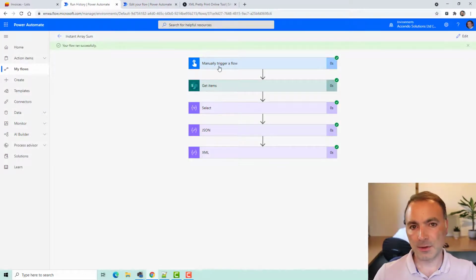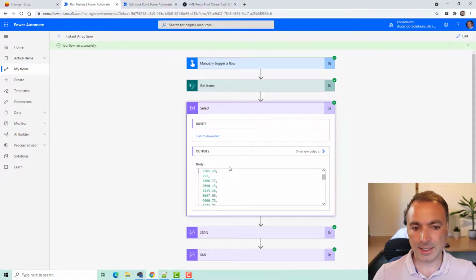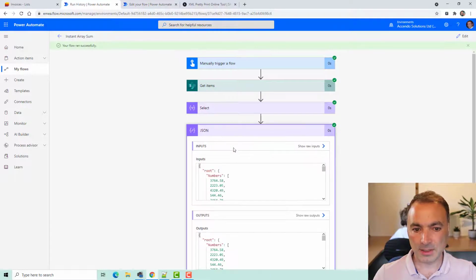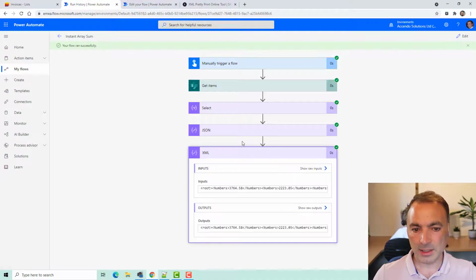Okay, so our flow has executed, and so far every action took 0 seconds. So let's have a look at the select action. Select action is just an array of numbers as we expected. JSON, we have got these extra elements, root and numbers, which is an array. And if we look at the XML,